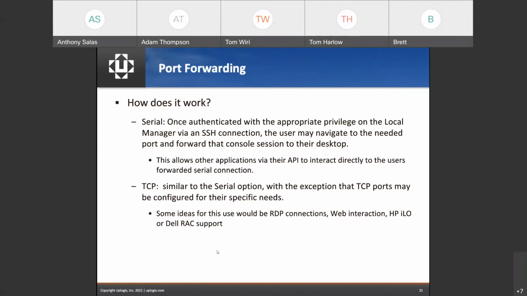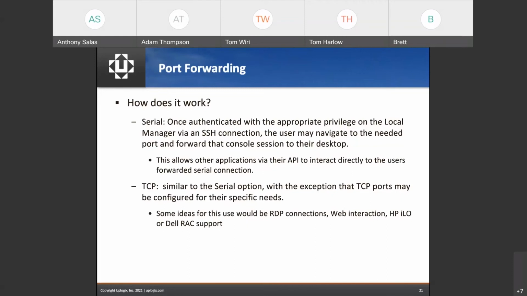More likely, what you guys will be seeing is the TCP stuff. That serial stuff is mostly satellite equipment. But with TCP, we can get you a SSH tunnel that connects you to a web interface on a system on the other side, or Telnet or SSH if you want. Any TCP port service that is running on a managed device, we can create a tunnel to get you access for that. So that could be things like web interfaces, remote desktop, or even the server lights out management